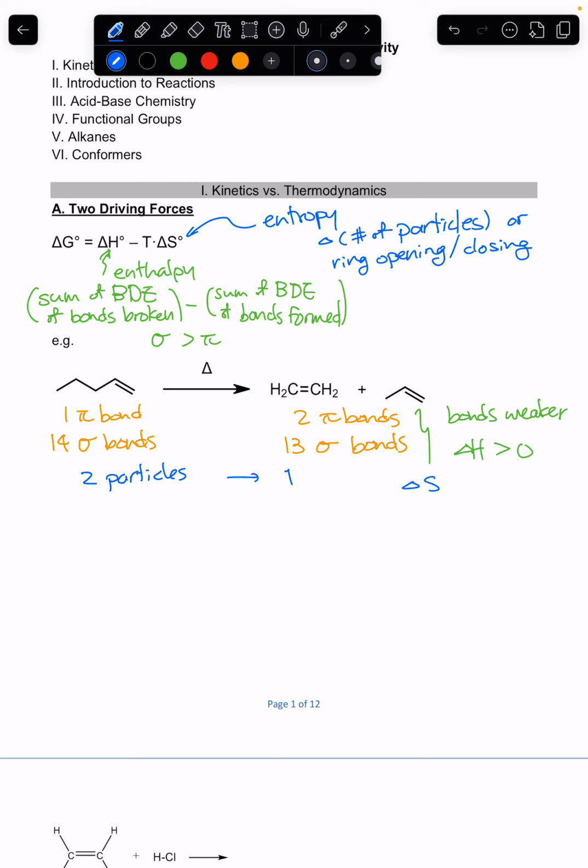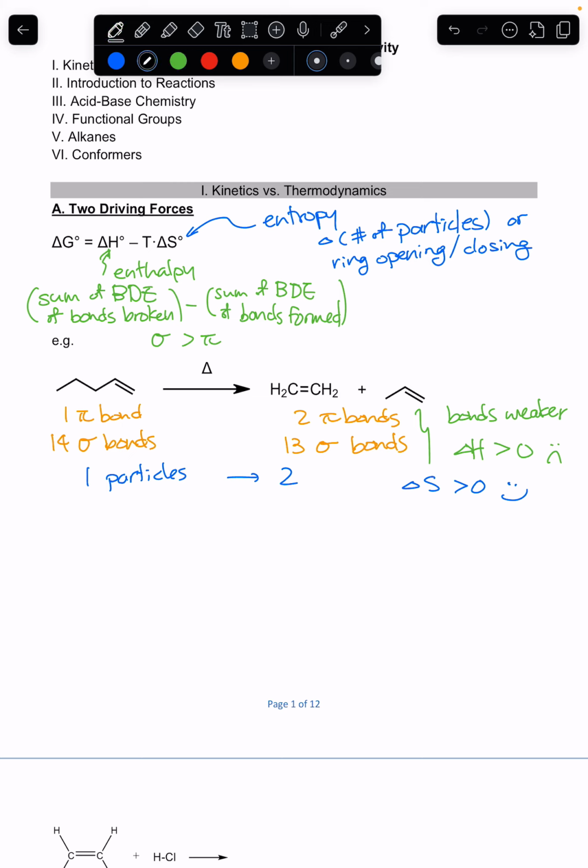We went the other way. We went from 1 particle to 2 particles, right? So that means entropically, the entropy or the chaos or disorderedness increase. So delta S is also positive, which is a good thing according to the second law of thermodynamics, whereas positive delta H is not a good thing, because that means endothermic. So what does that mean?